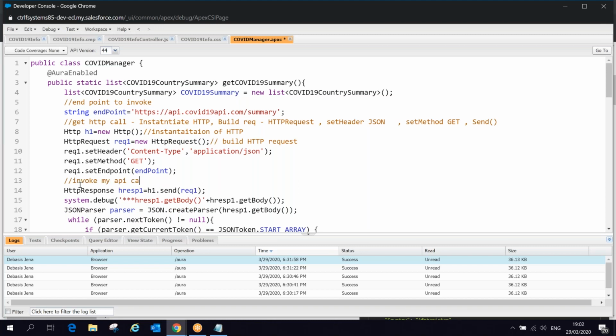My API call is nothing but calling my send method. So HTTP object h1.send, I am passing my request. As send takes my HTTP request object, I pass it, and I make the API call. Now this send method calls the COVID-19 API with a GET method to get the response. Once this send method returns the response,